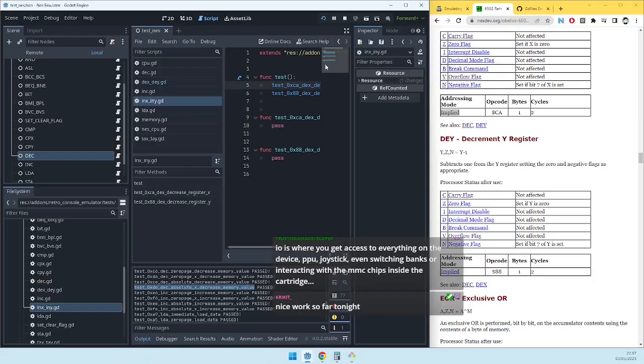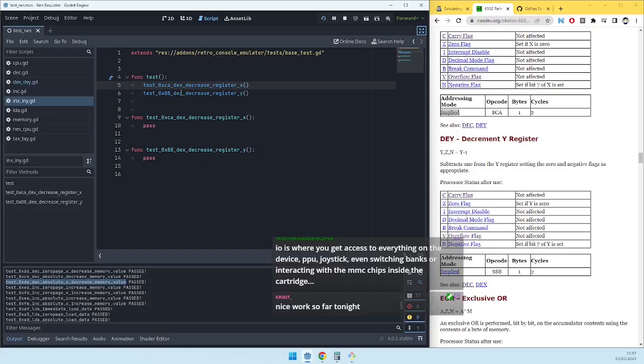So before I forget, I will just rename stuff. This is INX and INY, and this is increase, and this needs their actual opcode, but I will leave it like this for now. Decrease X, so